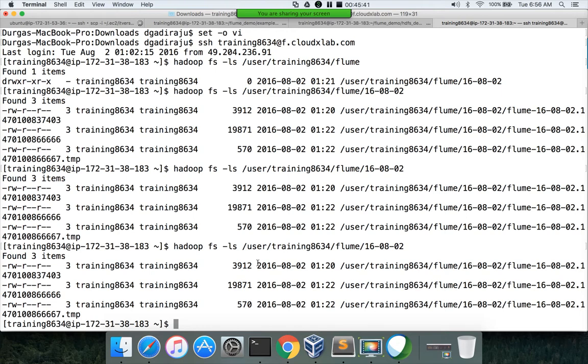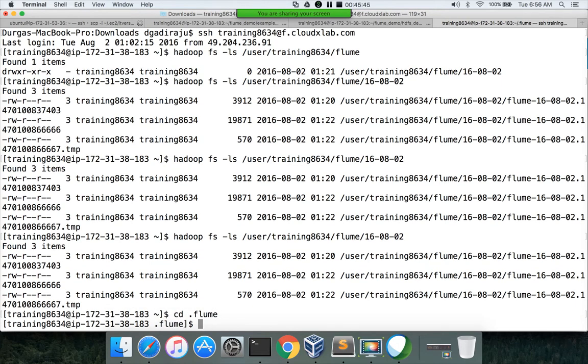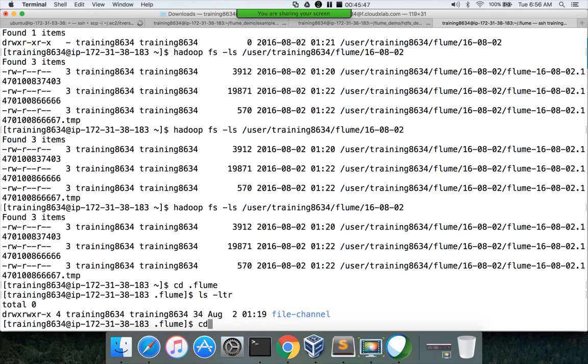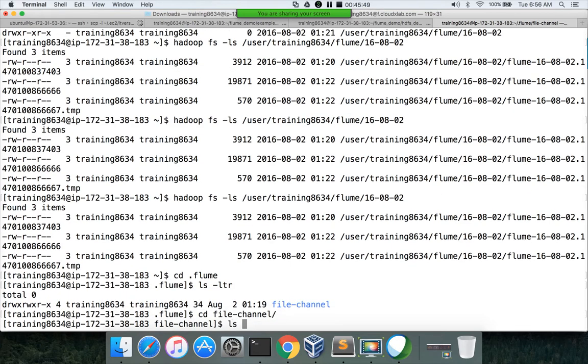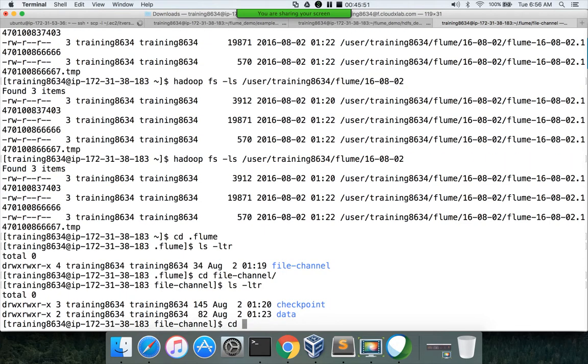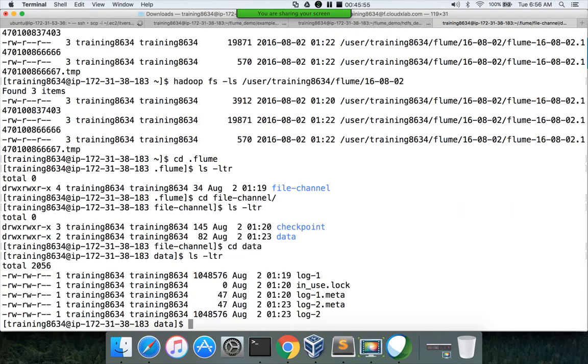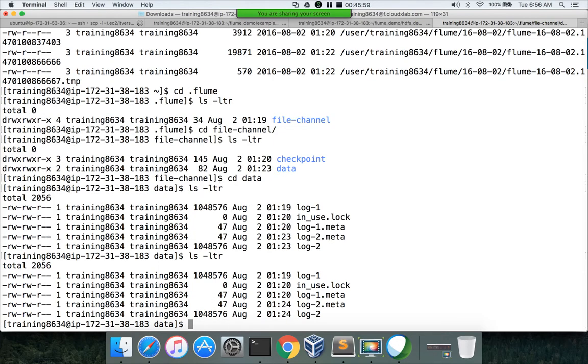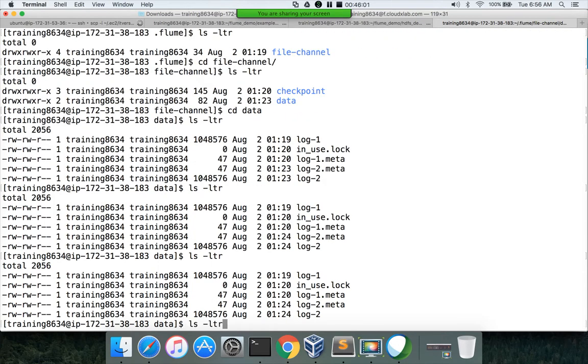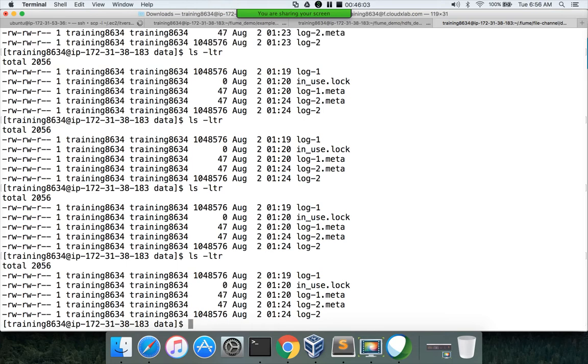To see how much data is being copied so far, we can go to the hidden directory .flume and run ls -ltr. So there is the file channel directory, ls -ltr. There is data, ls -ltr, and as of now only 1 MB data is generated. Why is it not updating? Let me see.